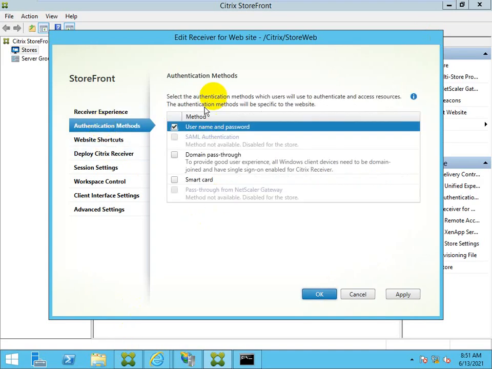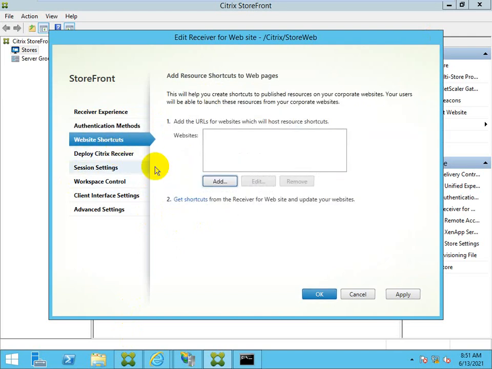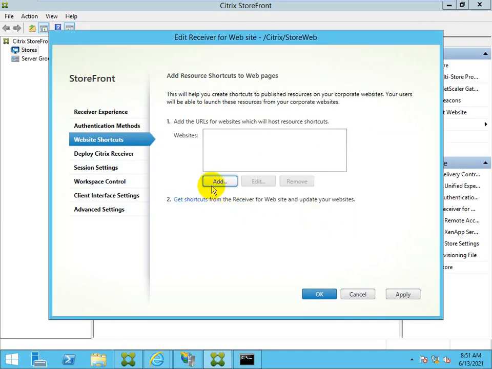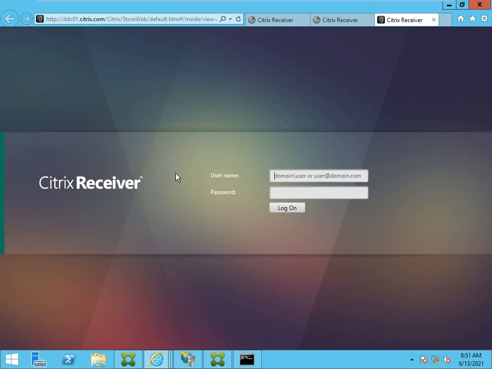Next one, authentication method. I already showed you how to change these options, or select this website shortcut. If I want to put any shortcut for the website, I can add it here. Get shortcut for Receiver. This is the shortcut.